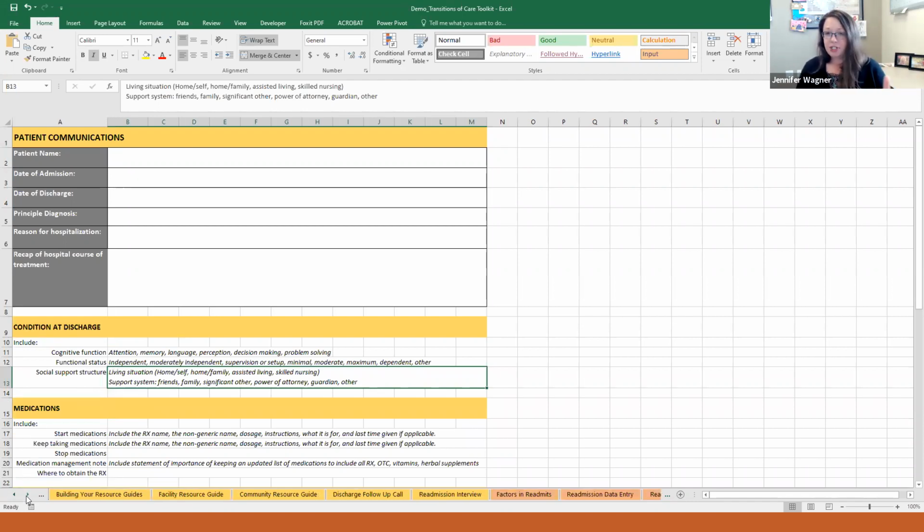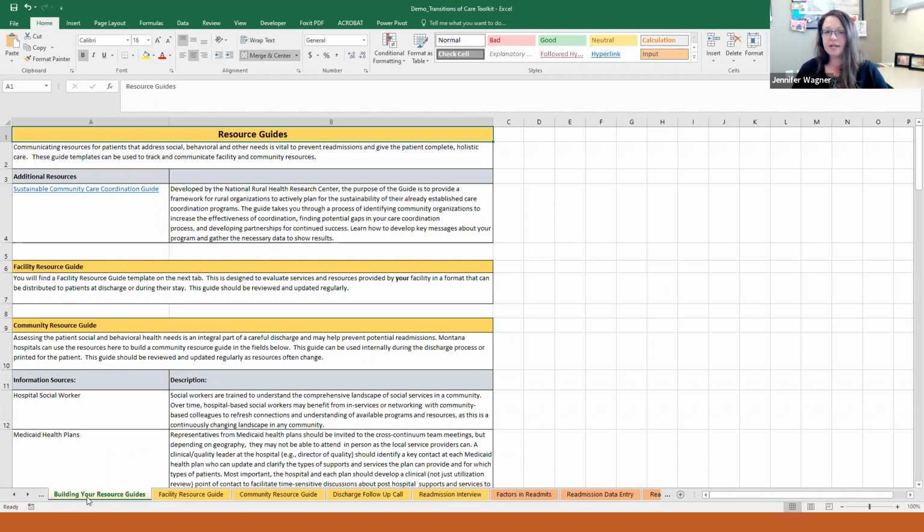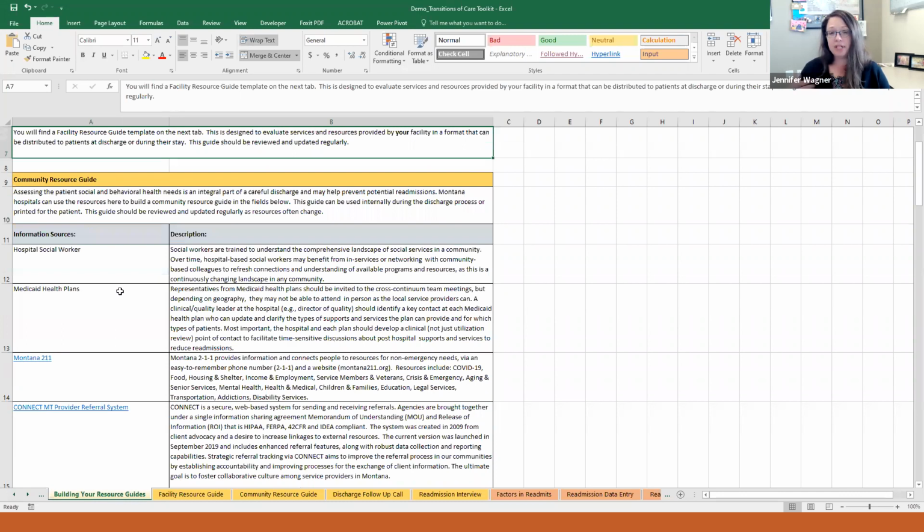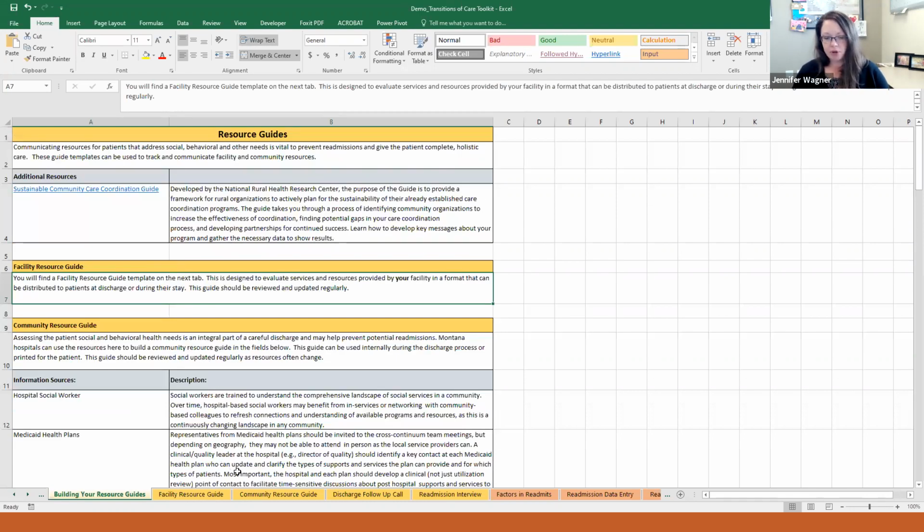So now that we have a patient that's getting ready to discharge, we want to look at what they might need after they leave the hospital. That's where building those resource guides and addressing the social determinants of health come into play. This is a guide on how to build your resource guide. We listed what community information we pulled and the description of that. So if you want to look at similar ones in your state, you can use this to start that research. And then this information will inform the guides we'll show here in a second.